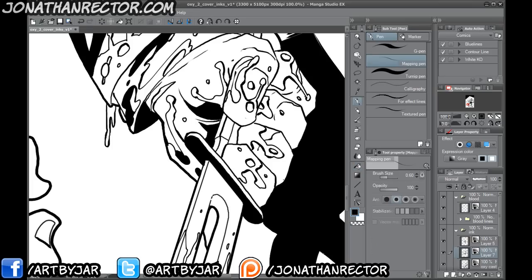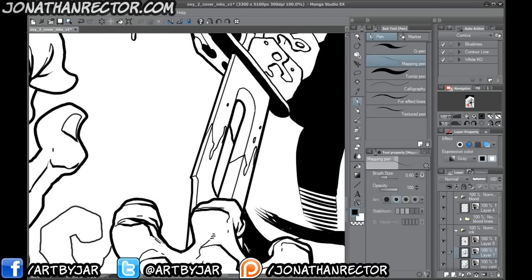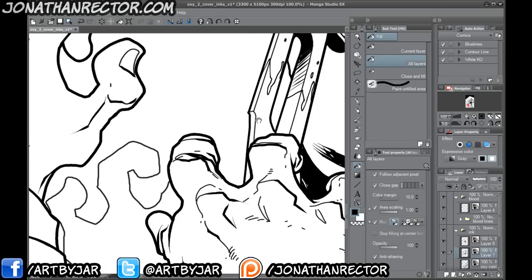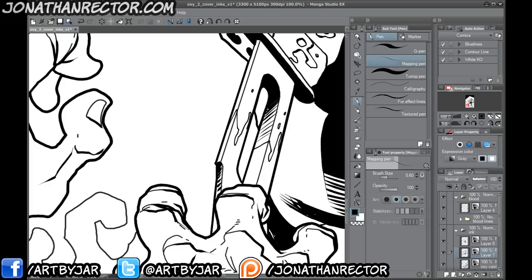I don't know how else to get around it without redrawing it. You can put yourself in a whole bunch of different spots, and I usually find I get myself there when I start rushing through and getting to my favorite part, like rendering. Shadows are very fun too. I enjoy that big time. You get some really nice effects. It gives a really cool look when you start doing this stuff, and you just start wanting to combine it. Like right now I'm doing this. I wouldn't consider this rendering. It is rendering, but in my mind when I'm doing it, it's more of a